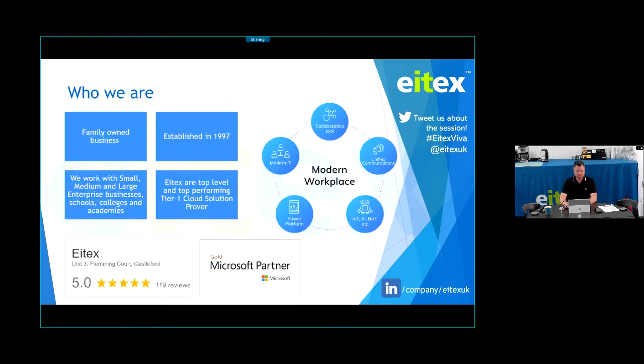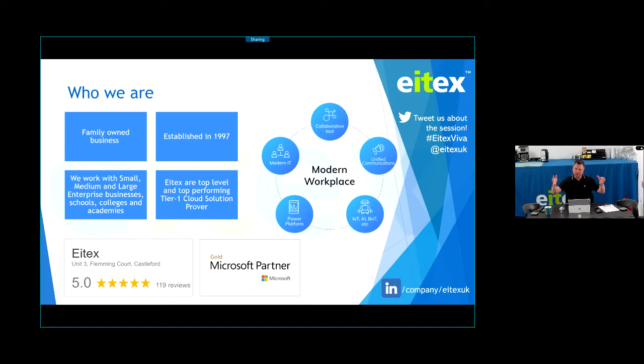So the first thing is iTex. So we are a family-owned business. We've been established since 1997. And because we've been around for so long, we started with a traditional kind of background, servers, networking, computers and infrastructure. Today, we're very much a modern workplace, a cloud-based practice, but because of our background, it allows us that